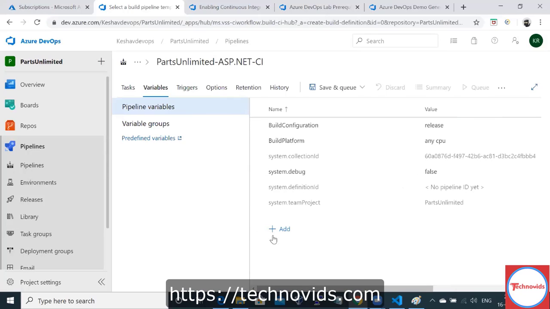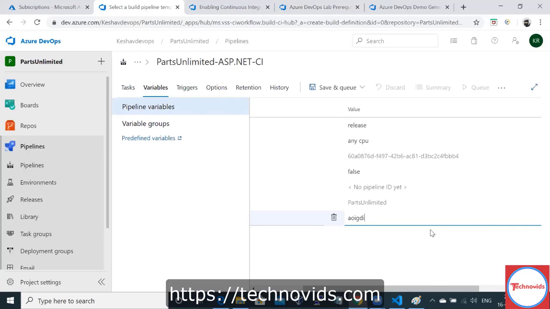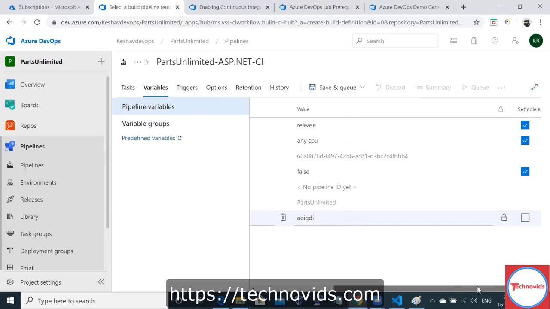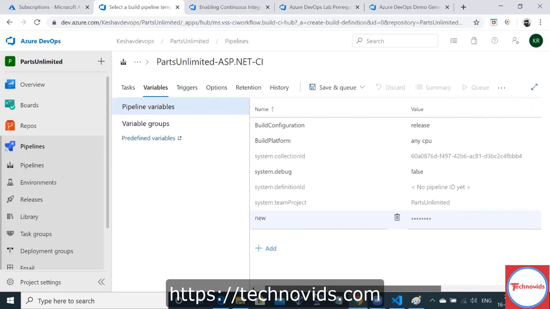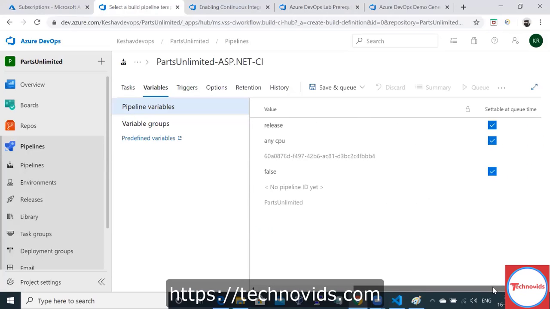Let me show you what I mean. Whatever is here, I want to hide it. I'll simply lock it. See, it's hidden. Now I want to make sure that when I create the release and run the pipeline, it asks me for these variables: please provide your input, settable at queue time.